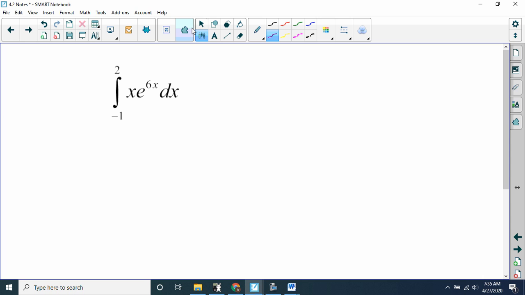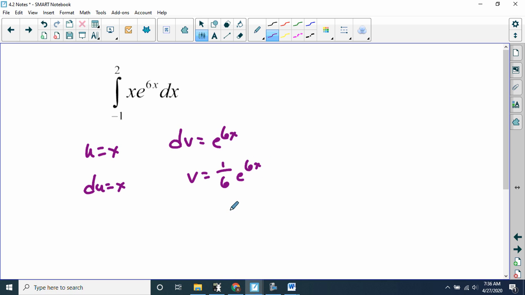And let's do one with a definite integral as well. So we've got x e to the 6x. So algebraic comes before exponential. Du would be equal to x. V would be 1/6 e to the 6x. Du would be dx. So u times v